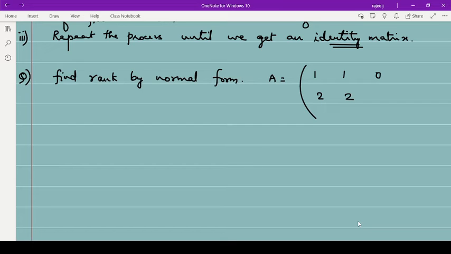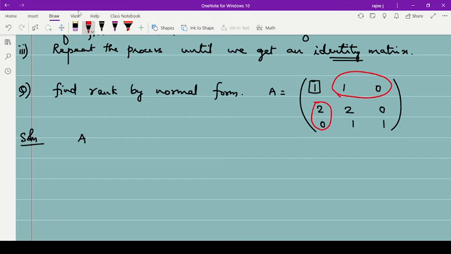So here, first of all, already this is 1, so no need to change this one. You will rewrite A again. Now firstly we make the first element 1, and after that we make the other elements of the first row and first column zeros. Now this is already 0, this also is 0. Now we will make this element of the first row 0, and in this column this element 0.